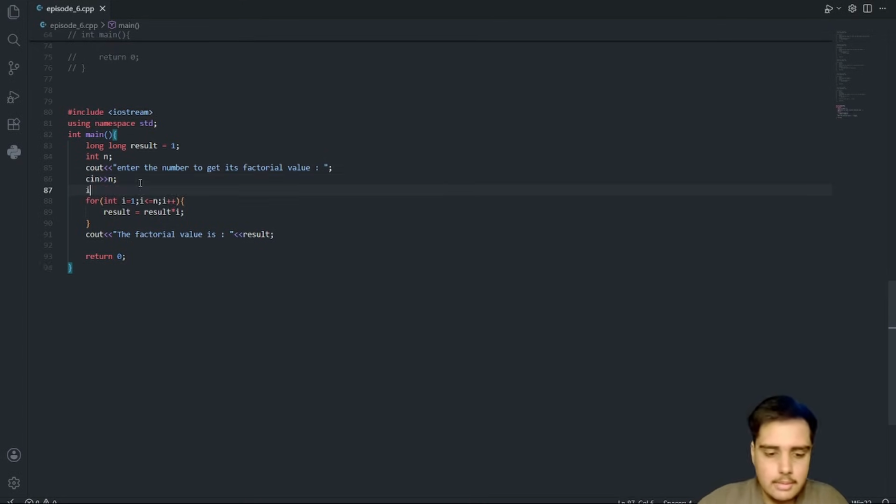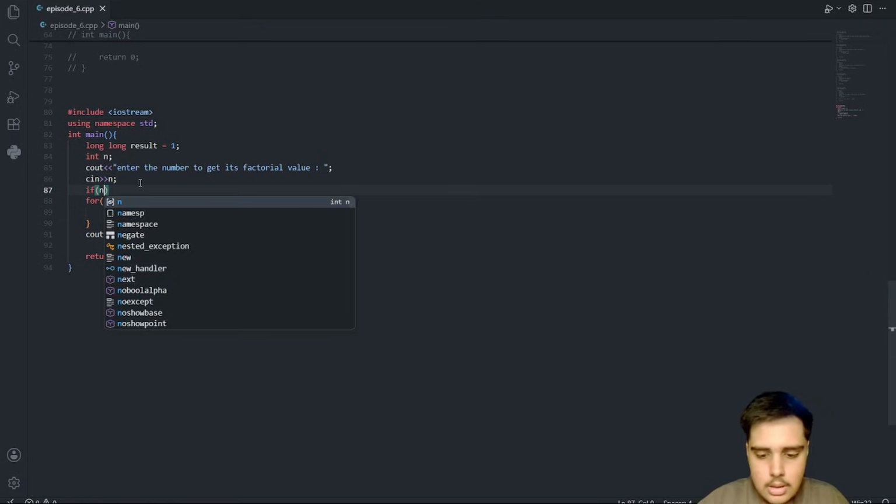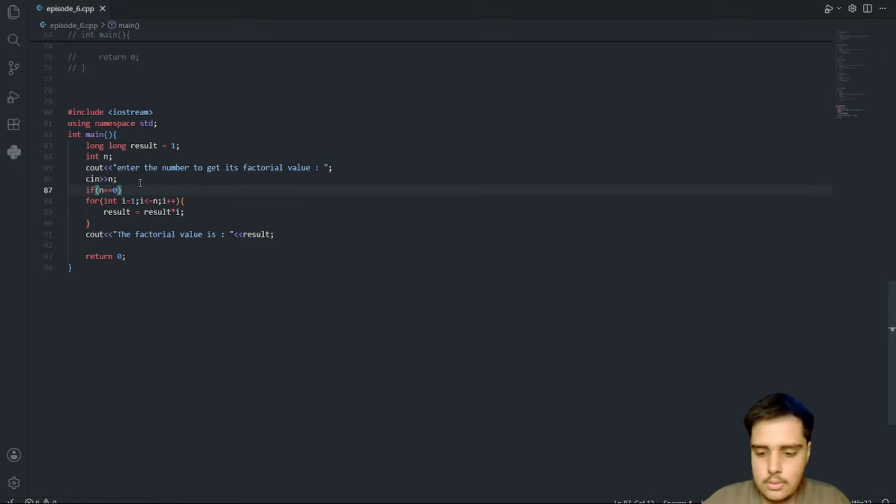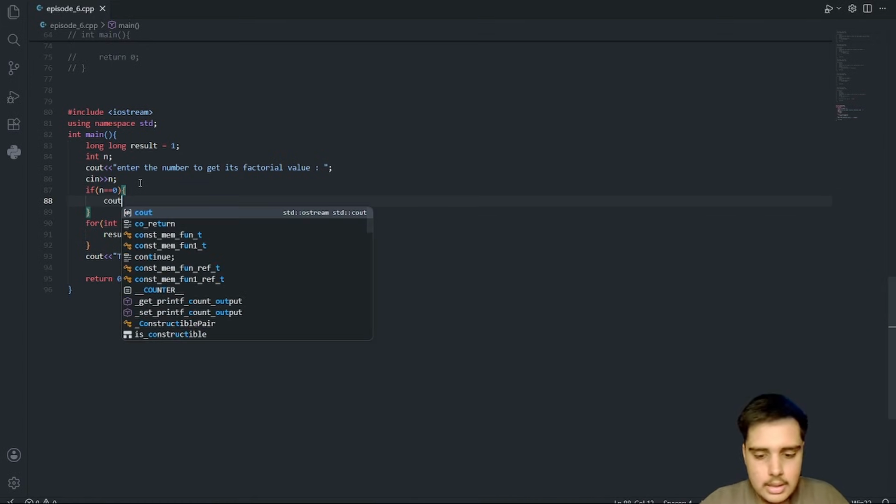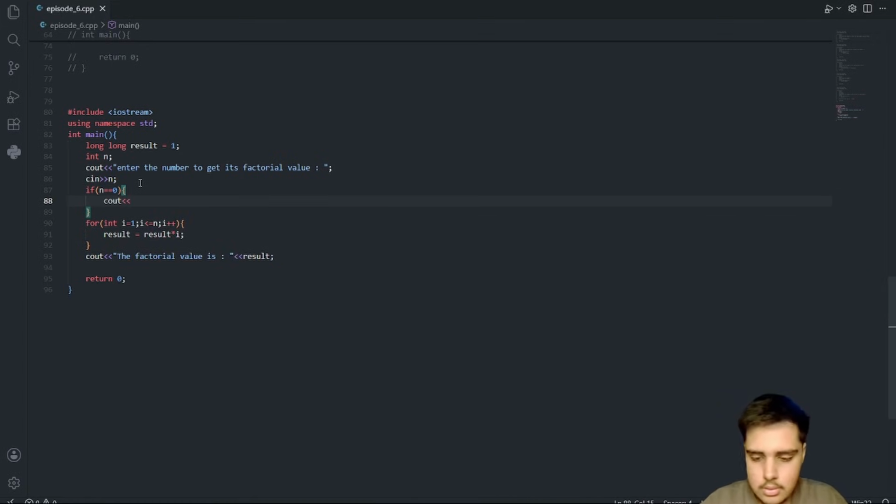So we will simply say if n is equal to 0, we will simply print out the value is 0.